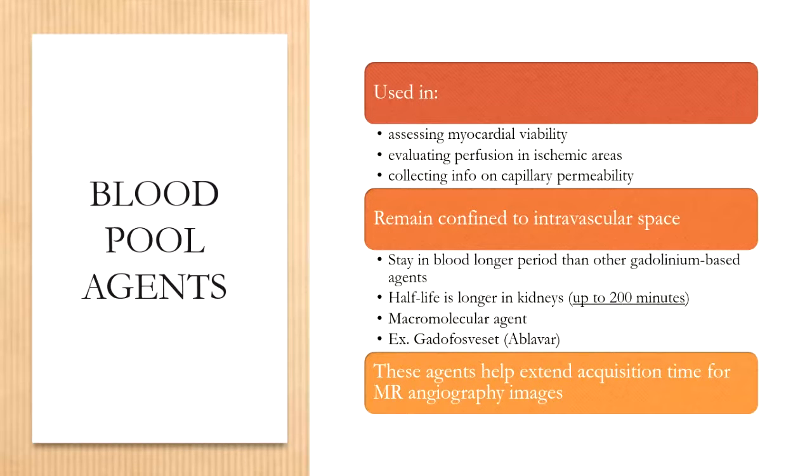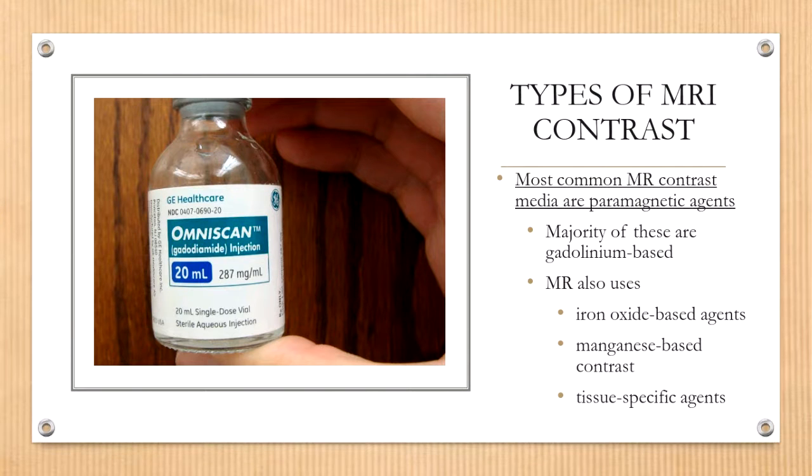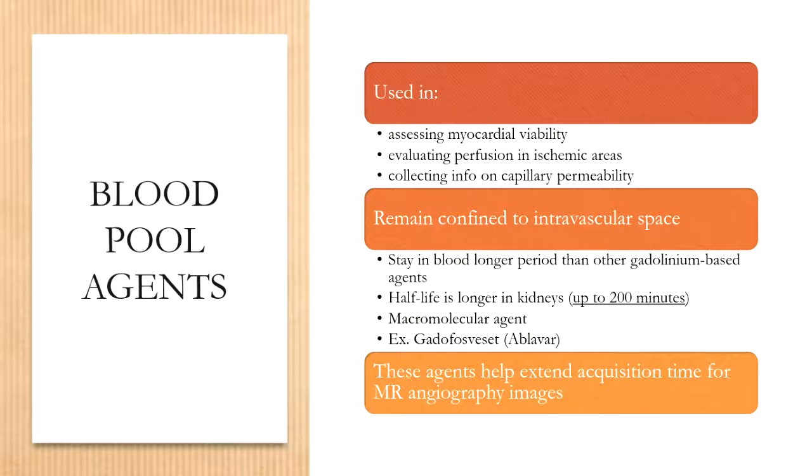So blood pool agents are another type of imaging contrast that we use in MRI. To review, we are going to talk about gadolinium, which is the most commonly used paramagnetic substance. And then we'll also talk about iron oxide agents, manganese-based contrast, and tissue-specific agents. But blood pool agents are actually another type of T1 enhancement agent that we can use to image the vasculature of the body, and that includes the heart,